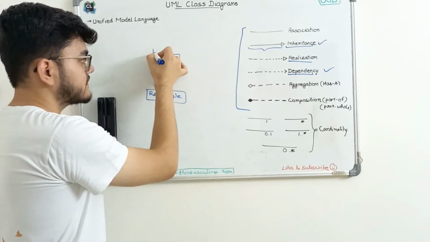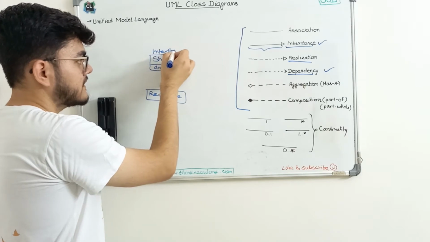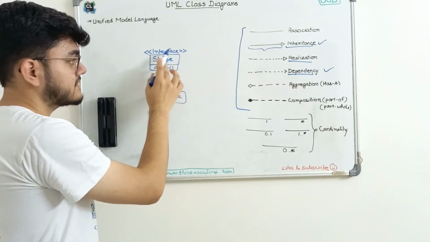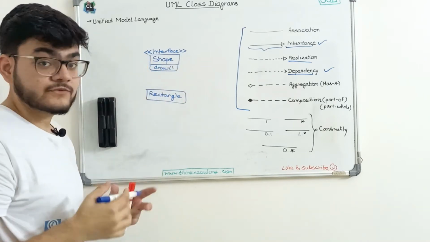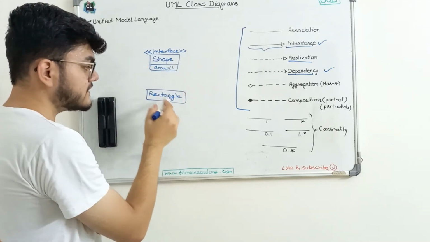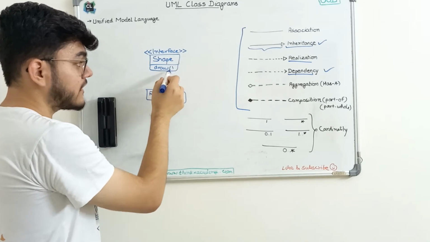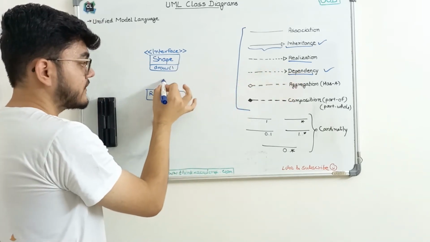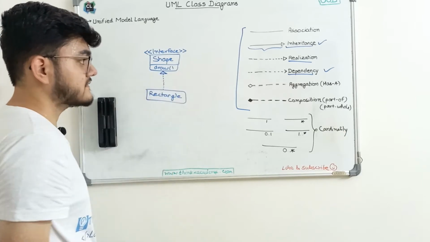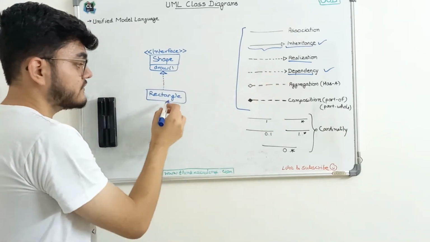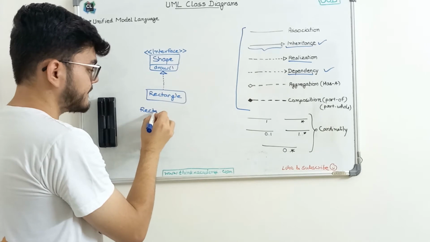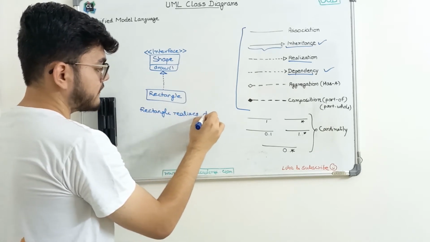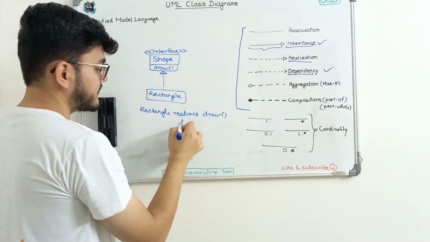Now let's say that this is not a shape, this is an interface. So if this is an interface, we are going to write it like this, and we can write that this is an interface, and these double arrows are used to represent that this is an interface. So if this rectangle class implements the functions of this interface, we can say that there is a realization, right? So I can write dotted lines and this arrow symbol, same as this one. So we can say that rectangle realizes draw function from shape,